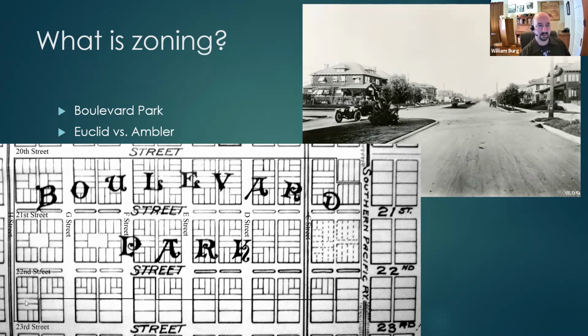And you can see here from the lower end on H Street, closest to the streetcar line, to the upper ends off C Street near the Southern Pacific Railroad, the lots go from relatively large to smaller and more compact. And this was deliberate. The southern end was more desirable. It was close to the streetcar. It was where everybody could see it. And so they assumed that this is where wealthier people would purchase houses.